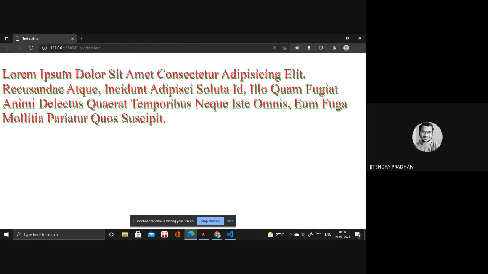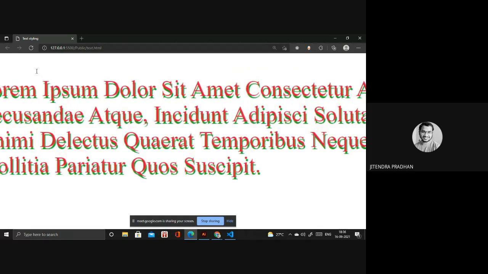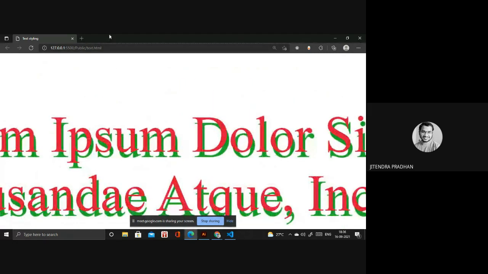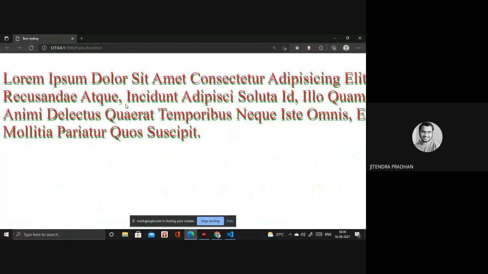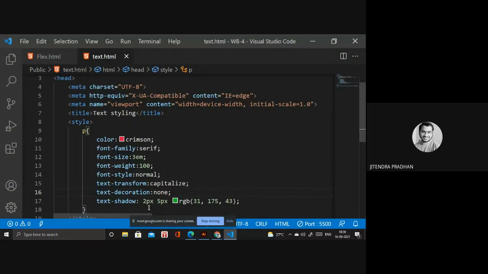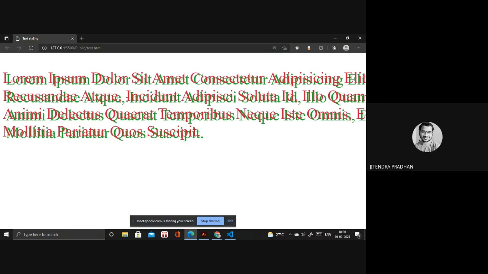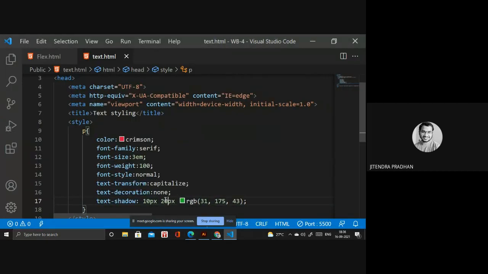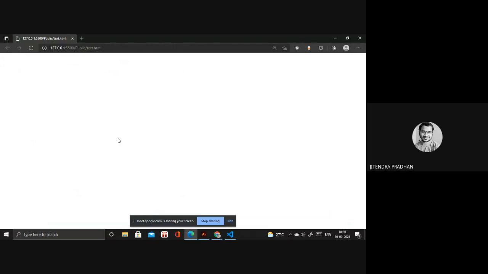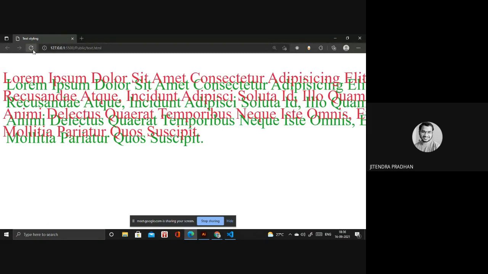So have you observed that? It affected the eye, but if you want to use that much, you can. If you want it below that, you can. So you have to manage like 2 pixel or 5 pixel. You have to manage the height and width as well. So if I give 10, let's see what happens. It will go to the right side. If I change that as well, like 15 pixel or 20 pixel, it will change below that. Okay, so this is text shadow.